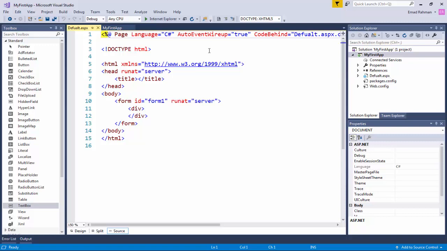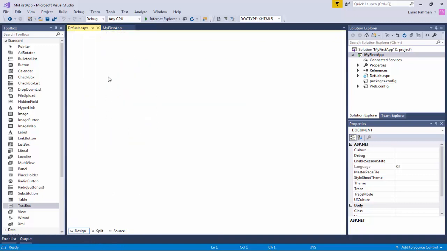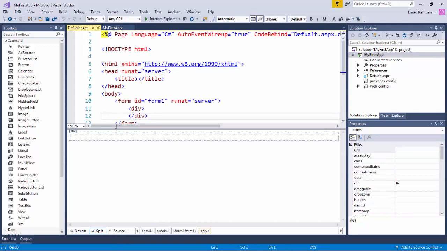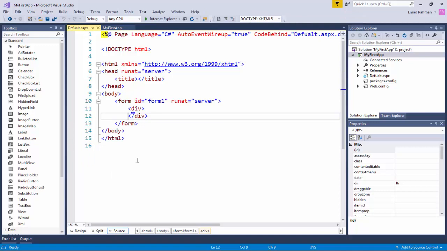default.aspx. If you look at the page, this is our default.aspx page. We have the option to view the source, which is the current view, or we can switch to the design mode. Currently our web page is empty, or you can always split where you can write code and see the result in the same window. So if we go to the source, as you can see, this is a normal HTML